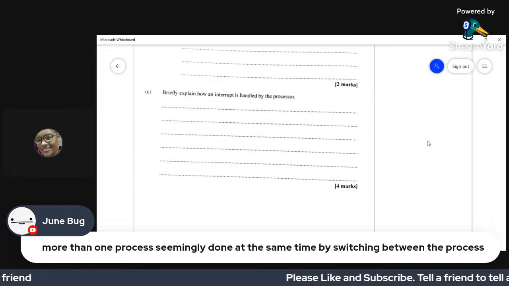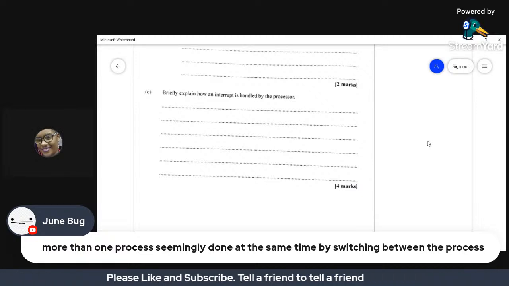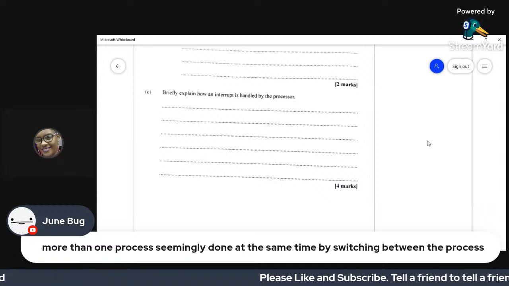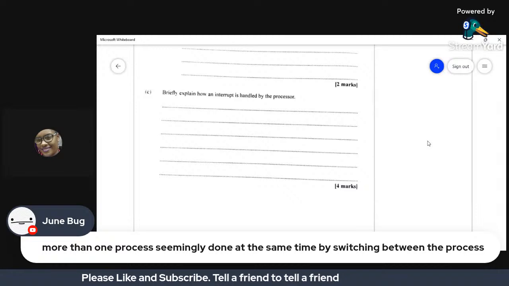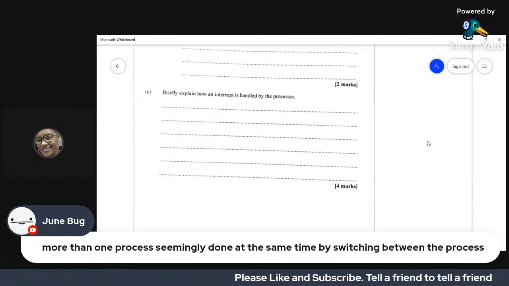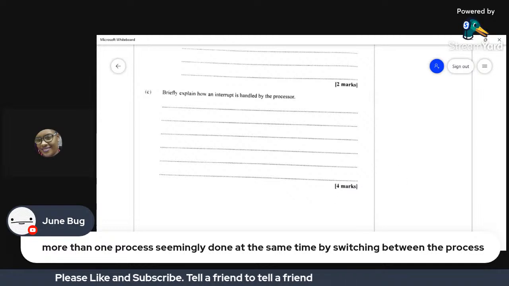After you have saved the state of the existing process, then you are going to process new information. This new information would now be loaded. It will get the attention of the CPU and be executed. After that is done and the new process is terminated, then the old process that was saved would be executed now.